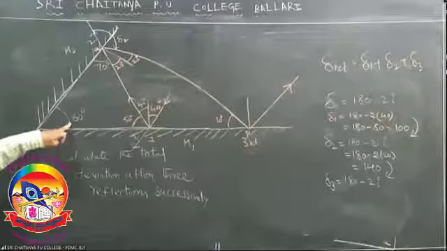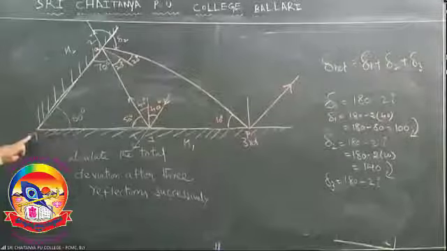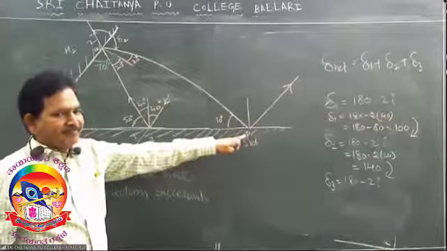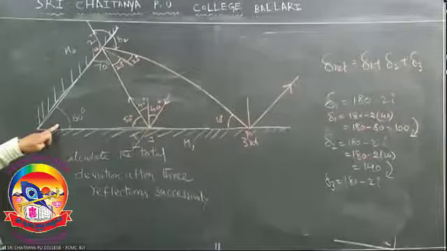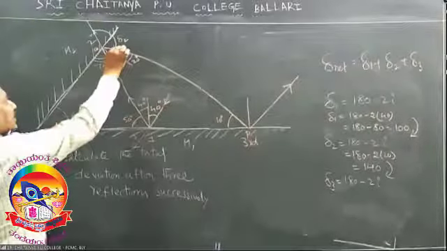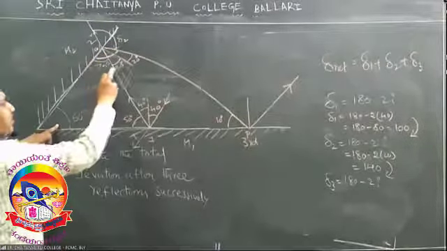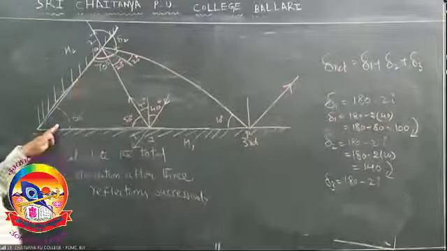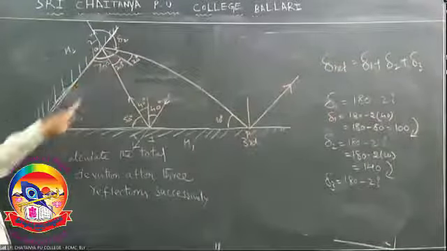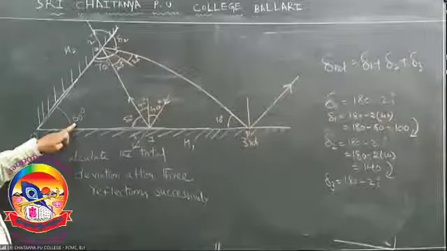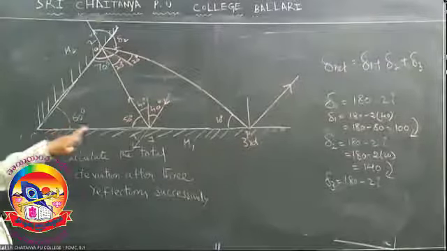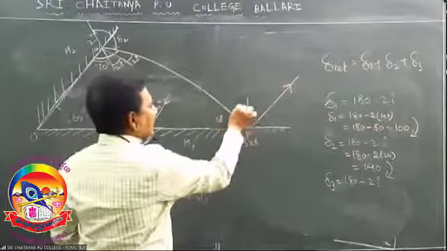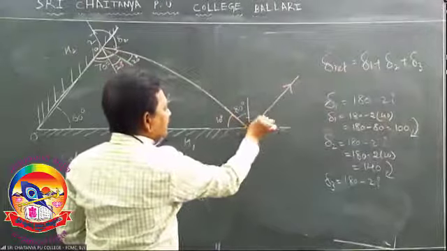I am repeating once again. Which triangle am I taking? O, Q, P is the triangle. This angle is 60. The total of the other angles: 70 plus 20 plus 20, 40 plus 70, that is 110. 110 plus 60 is 170, but the total is 180. So this angle is 10. If this angle is 10, what must this angle be? 80. What must this angle be? 80.